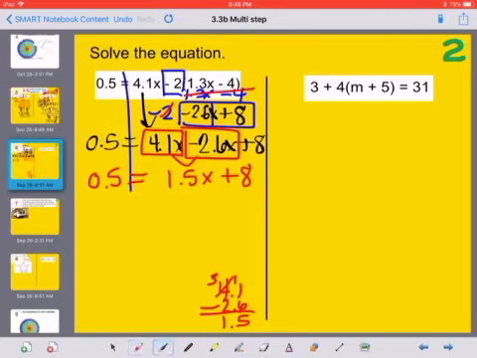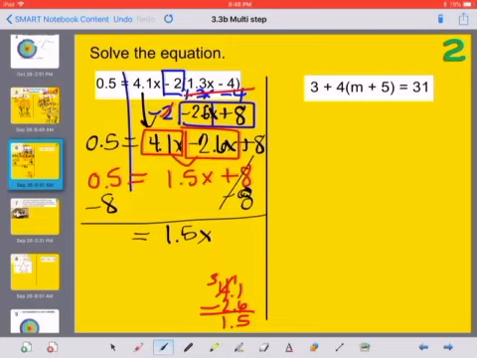So now we have a little bit nicer of a problem. They both end in 0.5. We need to get rid of adding and subtracting first. I'm going to subtract 8. Subtract 8. Those eliminate and we get 1.5x